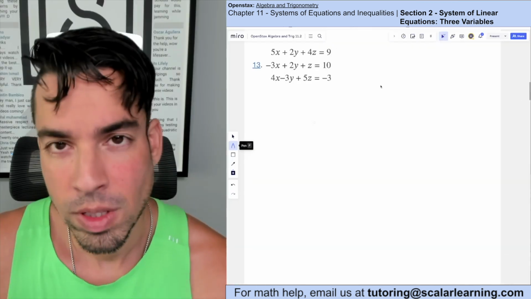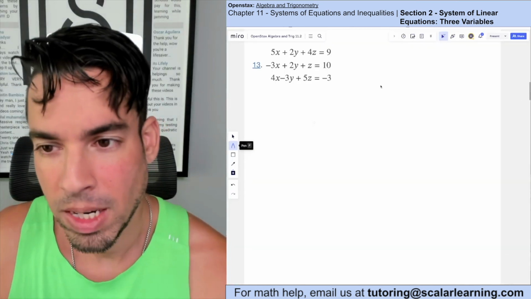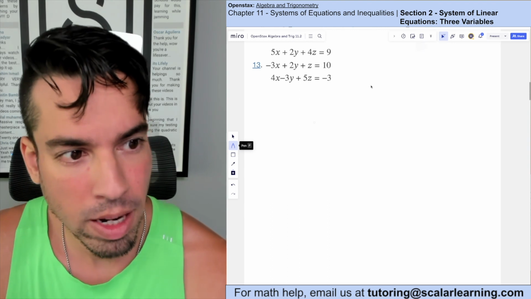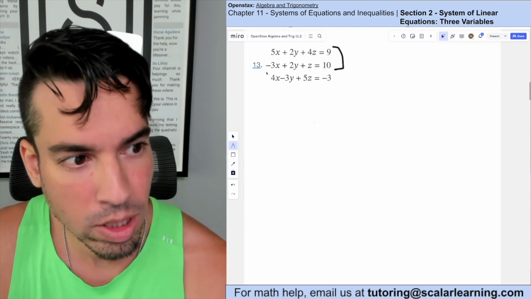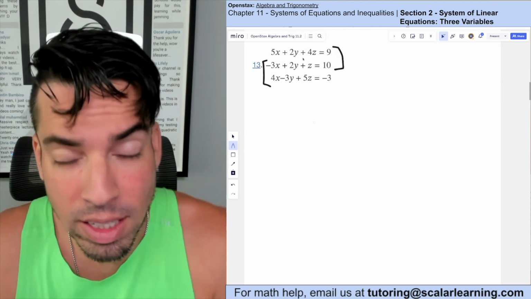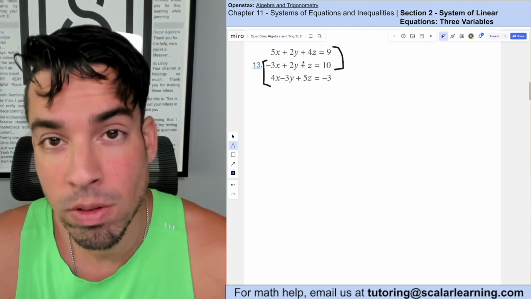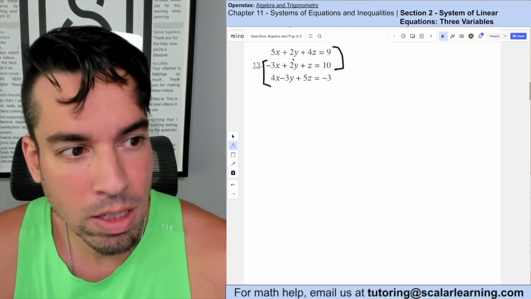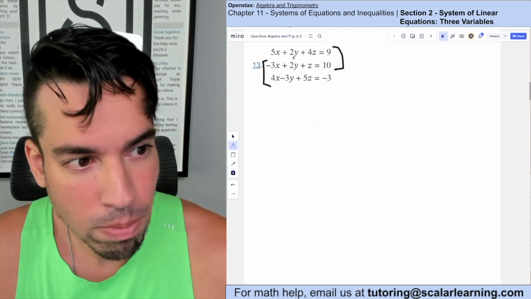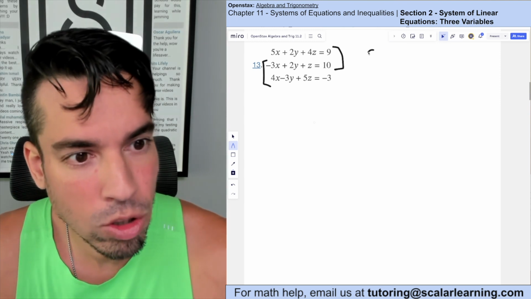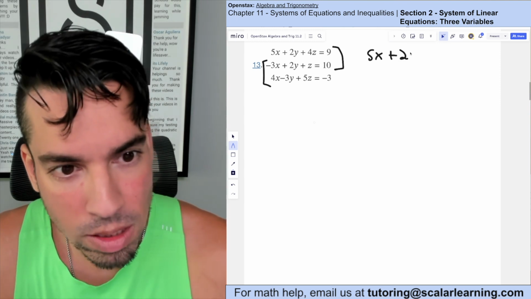Done. So for this one, once again, we're going to use our elimination method for this triple system, and we're going to start by grouping these two together and these two together. And again, we're targeting a certain variable. In this one, I really think it makes sense to target the y because they're matched up nicely in this top one. So what I'm going to do is keep the top one as is, and then we're going to